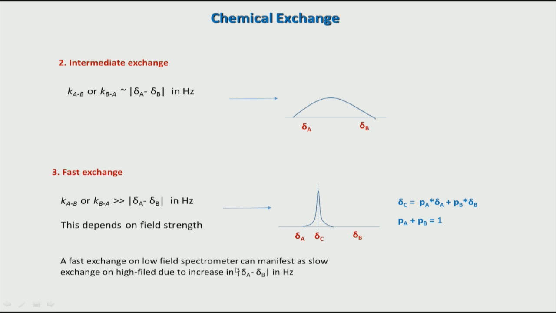Okay. So, when this increases, your relation with respect to k changes. So, if the k, let us say, is 40 hertz, and it is coming close to this value, it becomes intermediate. But if I go from 200 to 800 megahertz, I will increase this number by 4 times, then it will become a slow exchange process. So, therefore, by changing the spectrometer frequency, we can make exchange rate slow or fast on the chemical shift time scale. Remember, the time scale we are discussing is all based on chemical shift values, but we will see later that it can also be based on some other parameter in NMR.